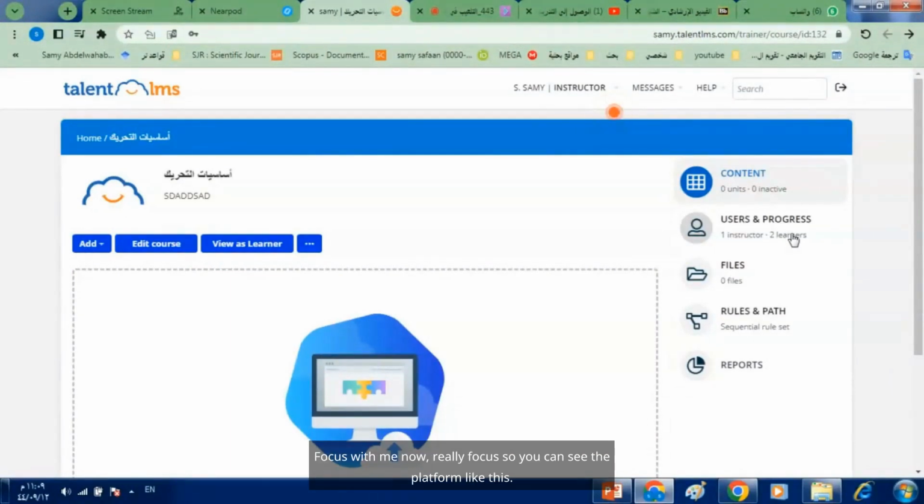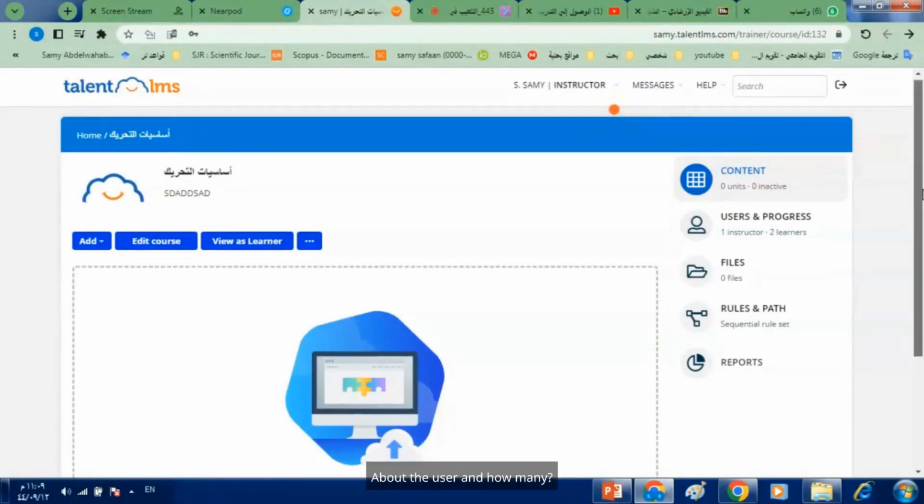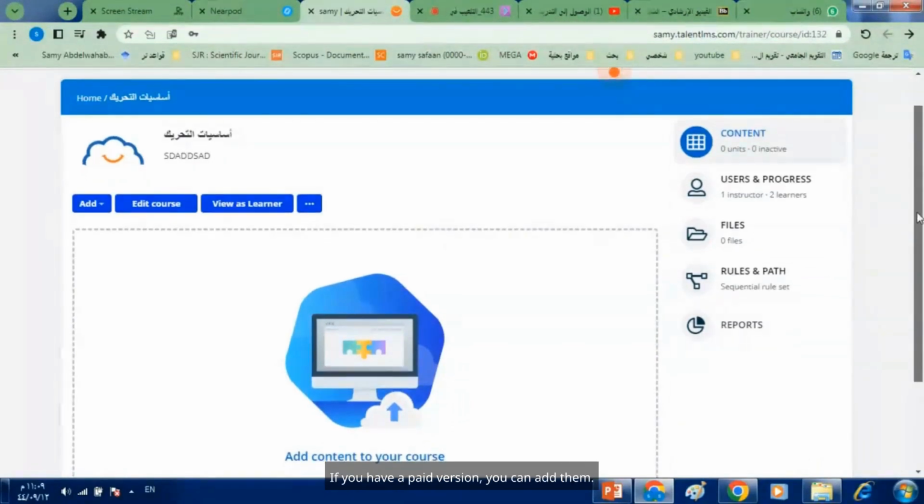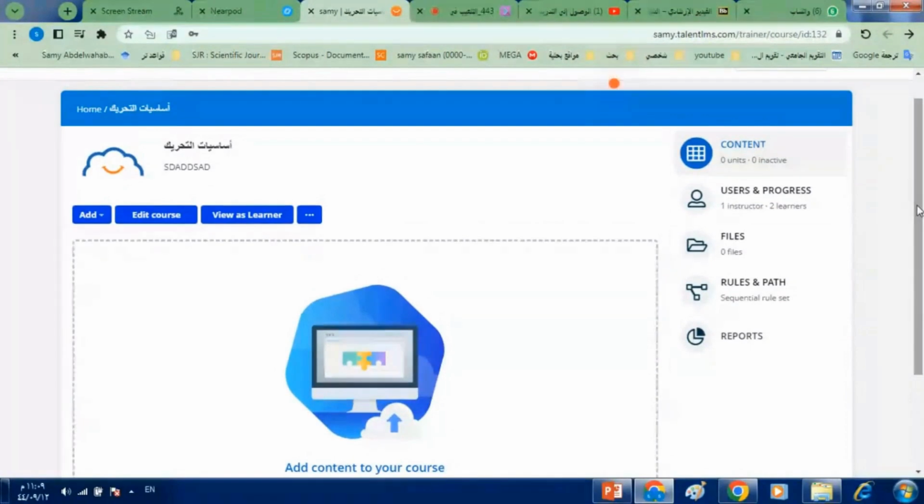focus with me now, really focus, so you can see the platform like this. We set up the platform like this, okay? About the user and how many, if you have a paid version, you can add them. Yeah, Salmon, you keep bringing this up. Yeah, I'll tell you why